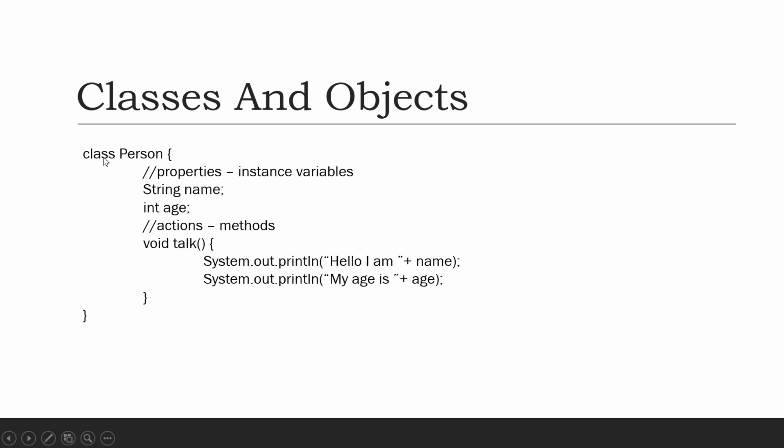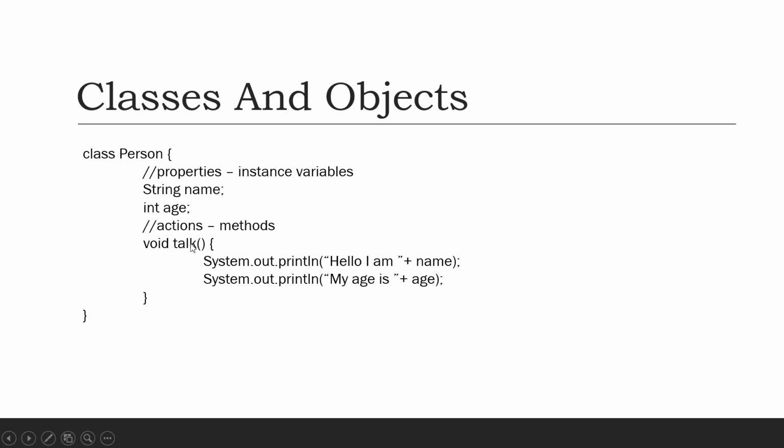If you observe, the class keyword is used to declare a class, and after this we declare the class name, like we have given Person. Then, from the starting curly brace to the ending curly brace inside the class, we write the properties and the methods. Don't worry about the syntax of the methods, we will discuss it in detail later. Just observe here that we have given void talk, then braces, and then starting and ending curly braces.